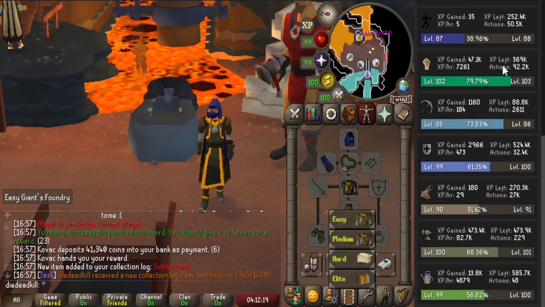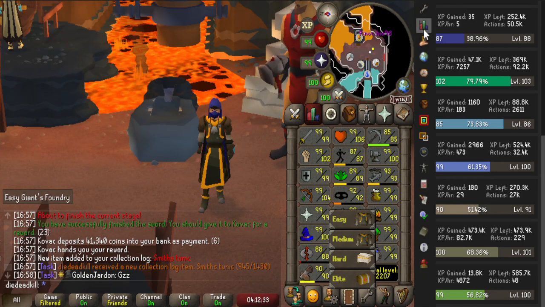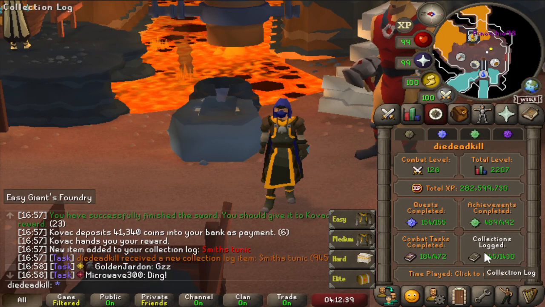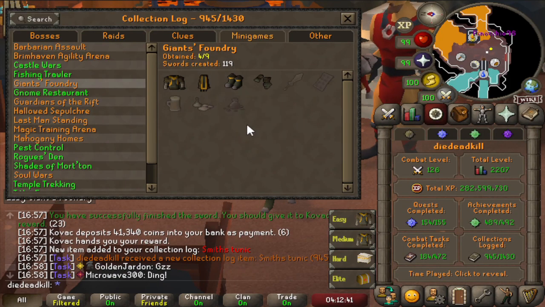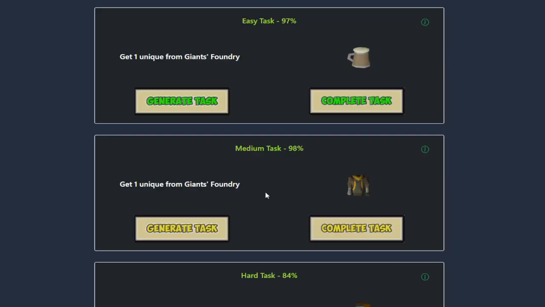If we look at how much XP we actually gained, we got nearly 500k, which is so crazy. We are now at a total of 15,400k experience. We are getting close to completing the Giant's Foundry log. And with the Smith's outfit out of the way, there are just some of the easier tasks left, except for the Colossal Blade. Just a couple hours of Giant's Foundry later, and I'm going to complete the medium task here,